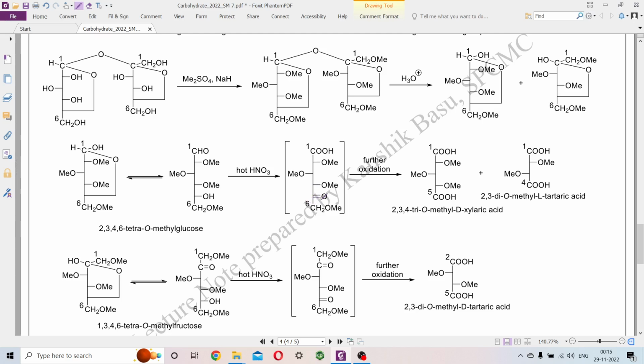So here, if the C5-C6 bond is cleaved, then I get this xyluric acid, and it is actually 2,3,4-trimethyl D-xyluric acid. And also, if the cleavage is between this C5 and this C4, then this C4 will become carboxylic acid, and I will get 2,3-dimethyl L-tartaric acid. This outcome is only possible if my C5OH was oxidized to carbonyl, because this molecule is coming from the cleavage